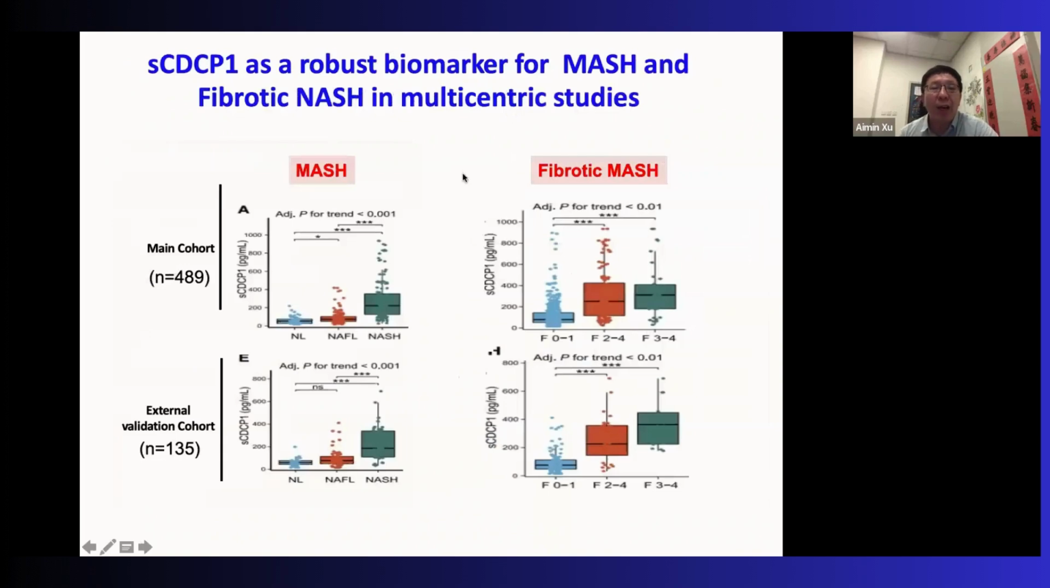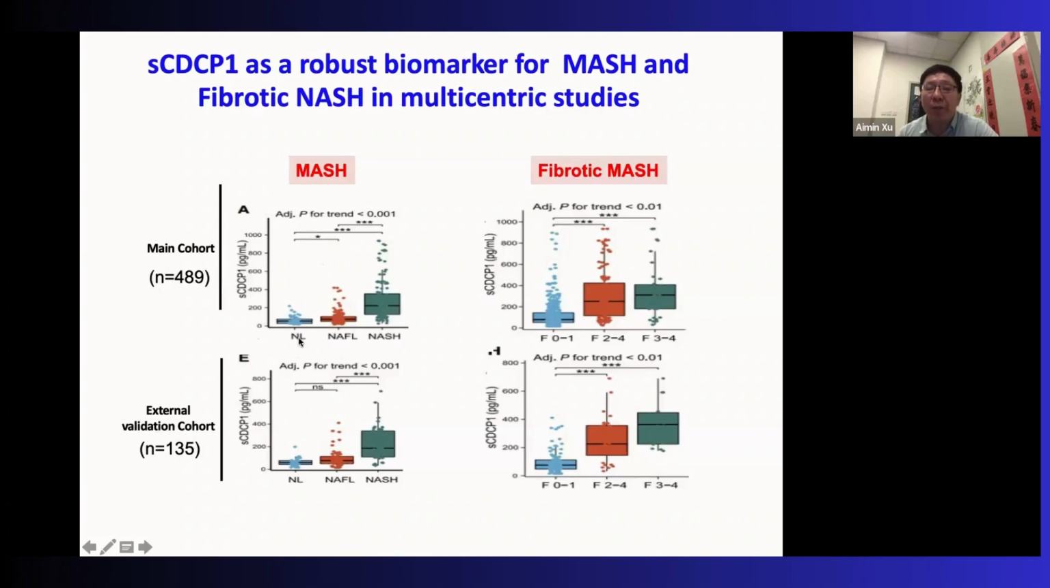We did the validation in our main cohort, based on the hospital in Guangzhou, with 489 biopsy-proven samples with normal liver, non-alcoholic fatty liver, and NASH. We also collected about 135 samples as an external validation cohort. As you can see, in both cohorts CPCT1 can clearly distinguish NASH from NAFL and